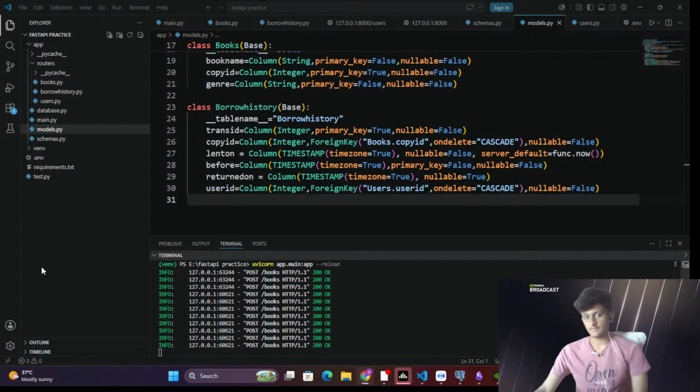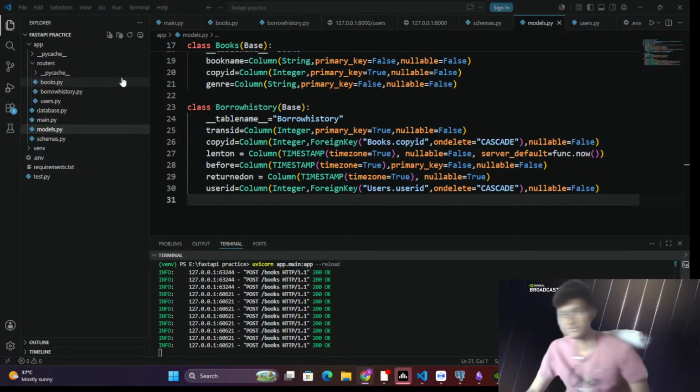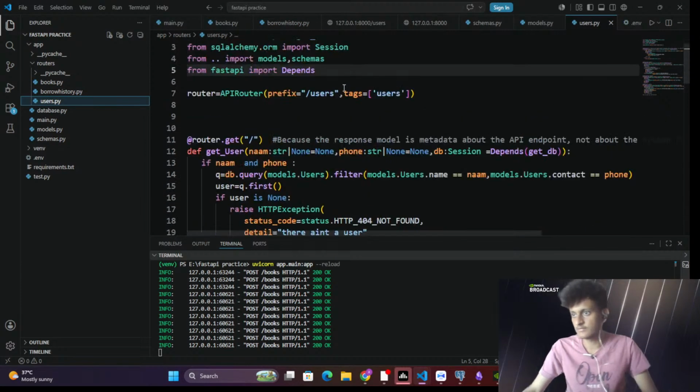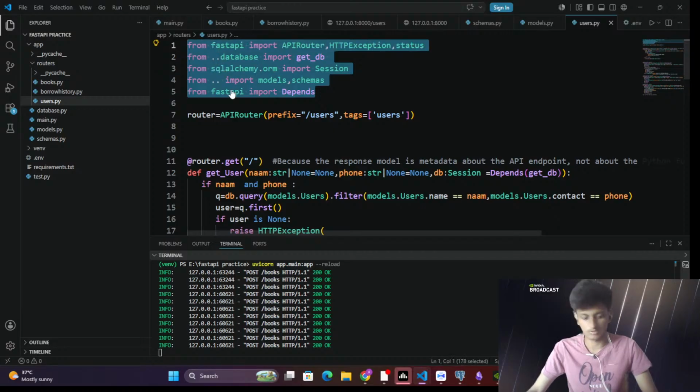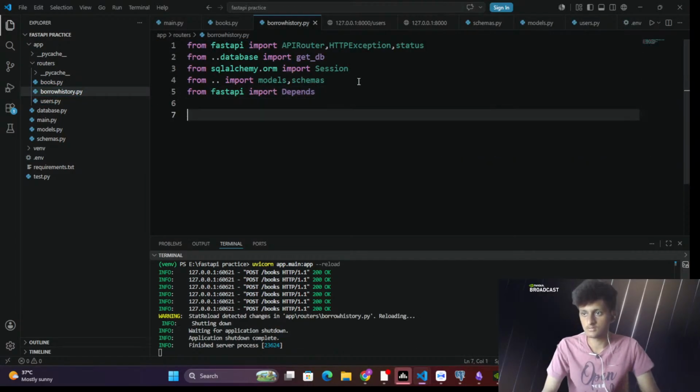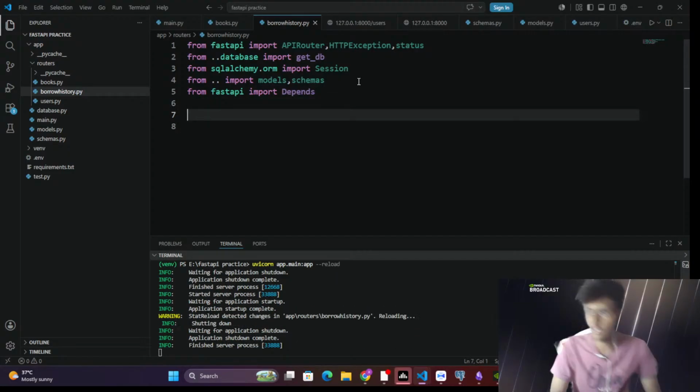So, where was I? I was trying to make some path operations for borrower history. So, how do I do that? First off, let me copy some of those imports, right? I'll copy paste these, and also what I'll do is